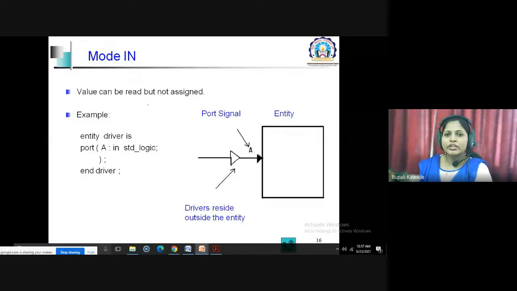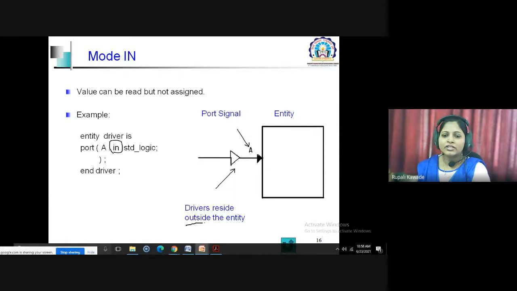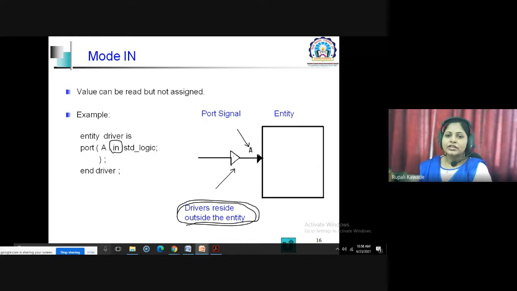So for mode in, we read the values from that particular pin, and we just mention the keyword in for that pin in our entity. Whatever driver drives the signal will reside outside the entity, because we are just reading the value inside the system. So here the driver is present outside of the complete entity, that is the mode in.